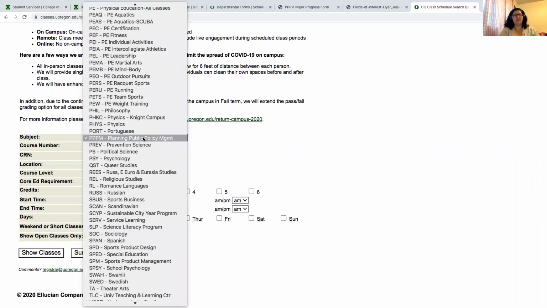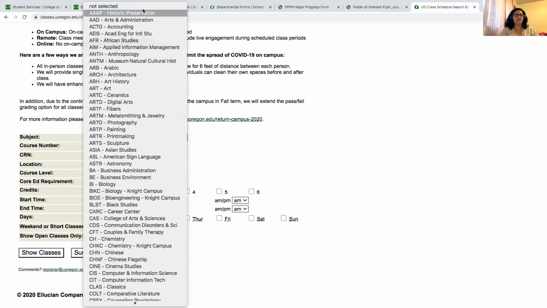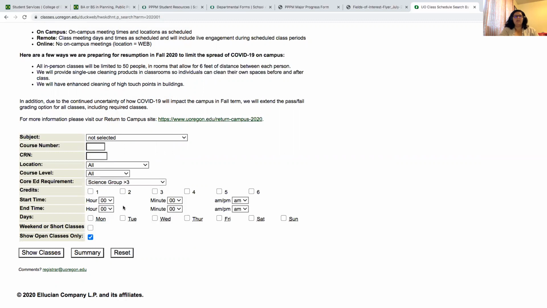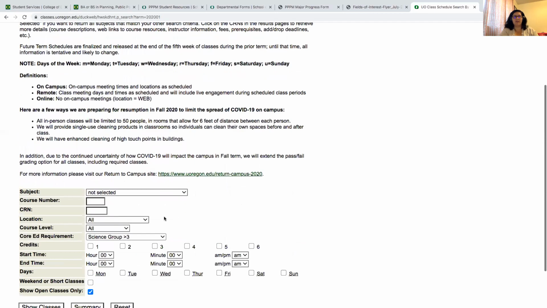Let's say I don't want to search for a 3PM class, but I'm going to find a science group course. Great, click on that. Or I want to find a BS math requirement course. Great, click on that. Or a cultural literacy course, click on that as well. If you want to find a science group course, then you can search by just that requirement, and it'll show you all the available classes for fall term that count for the science group.